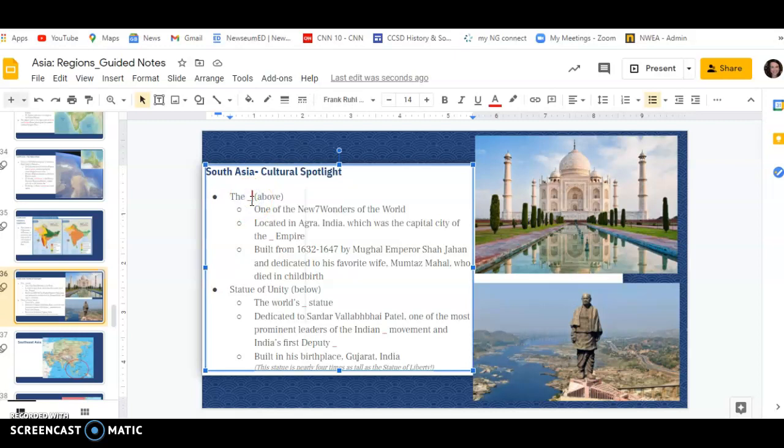Let's finish with South Asia with the cultural spotlight. The first is on the Taj Mahal. The Taj Mahal is one of the new 7 wonders of the world. It's located in Agra, India, which was the capital city of the Mughal